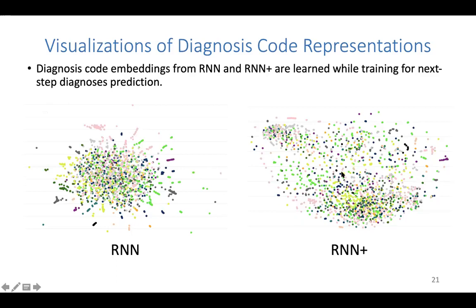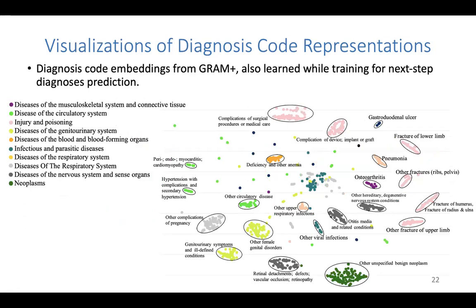So I'm not sure if that's a good thing though. Here, at least you could see some structures on the outskirts, but here, not really sure. Maybe here, a hint of structures here, here, here, but more or less it's randomly scattered. Compared to that, you can see Gram Plus is actually learning a very well-structured